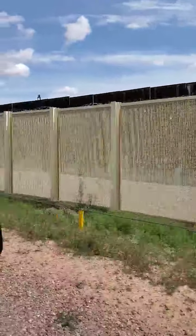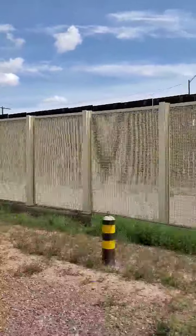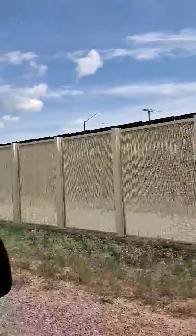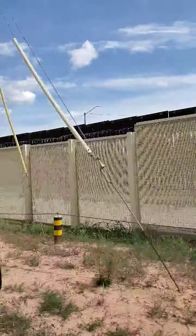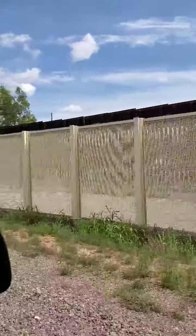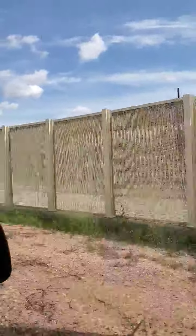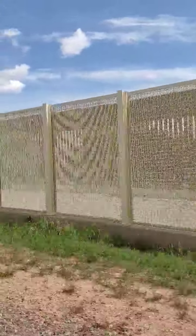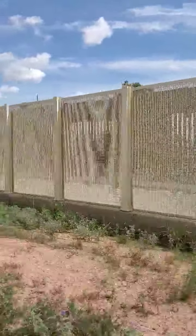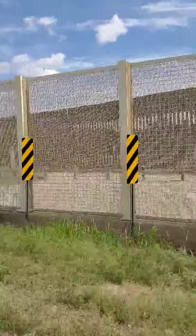Alright guys, so I'm just showing you, we're driving along the border wall. Where I thought there might be a hole, there wasn't a hole. So it was just like, not a mirage, but like a trick to the eye, the way I was angled. So I just wanted to show you, we're just gonna drive along it. We're on a frontage road, we just passed Border Patrol a while back. See here though, on the other side, on the steel slat, there is barbed wire going all the way down, whereas back where I was before near the canal,